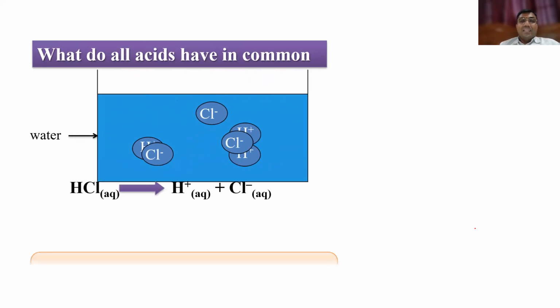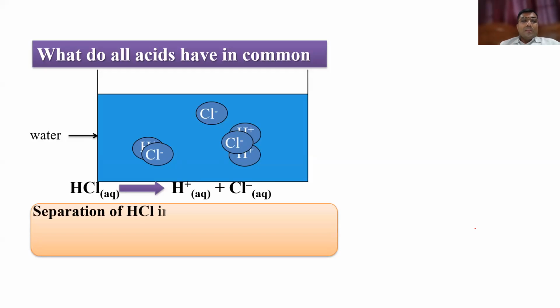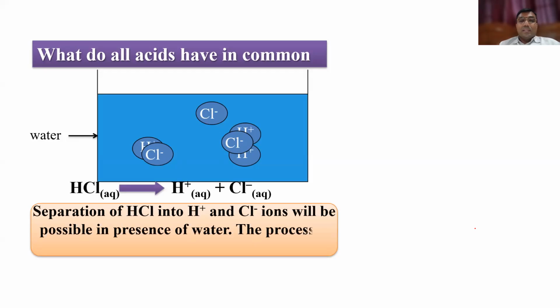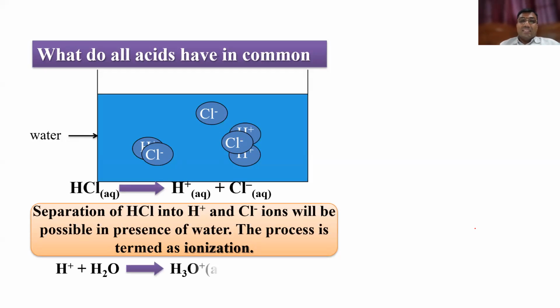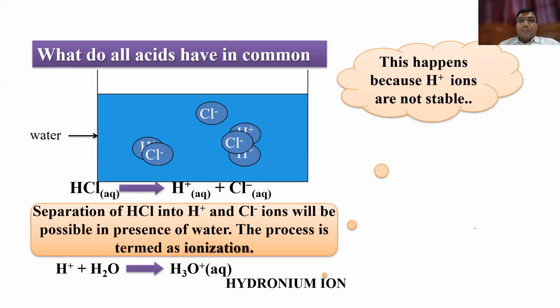Do you agree or not? So H plus and Cl minus, naturally. So they are completely dissociated. That's why the process is termed ionization. So when ionization is strong, what happens? This is a strong acid, complete. When ionization is complete, it gives rise to a strong acid, right? So H plus reacts with water and forms hydronium ions, because H plus does not have any independent existence. H plus always exists as hydronium ions, H3O plus. I already conveyed this earlier also. All this happens because H plus ions are not stable.